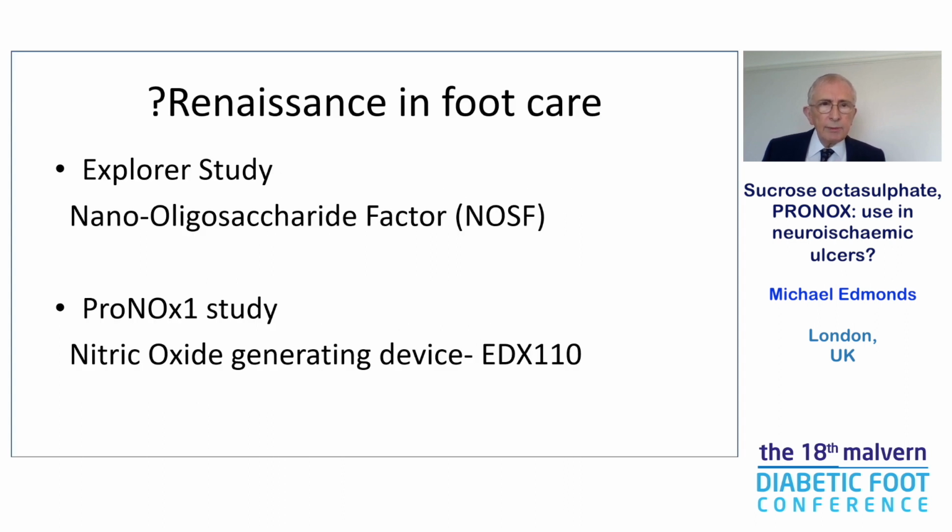So, are we in the renaissance in foot care? Well, I would put forward that the EXPLORER study with the nano oligosaccharide factor leading to increased healing, and the PRONOX study with the nitric oxide generating device, the EDX, also giving a positive result. These were two really valuable randomized controlled trials, and they probably do support that we are going into this renaissance